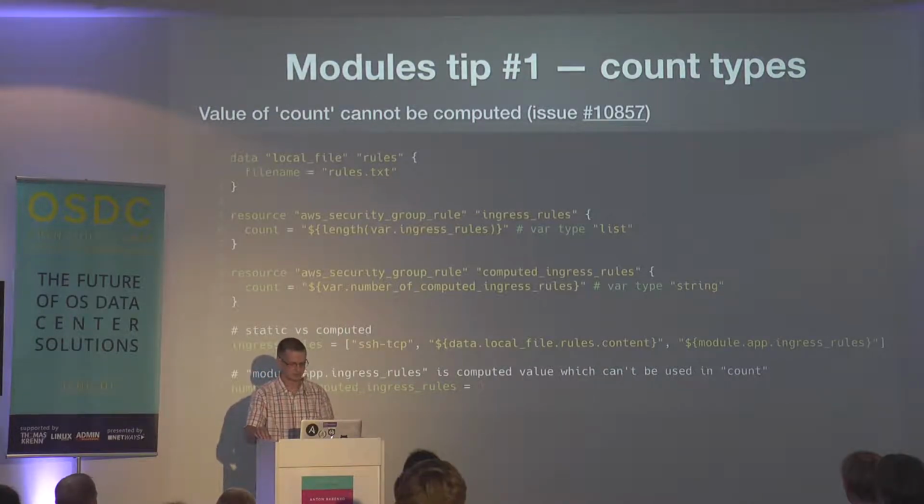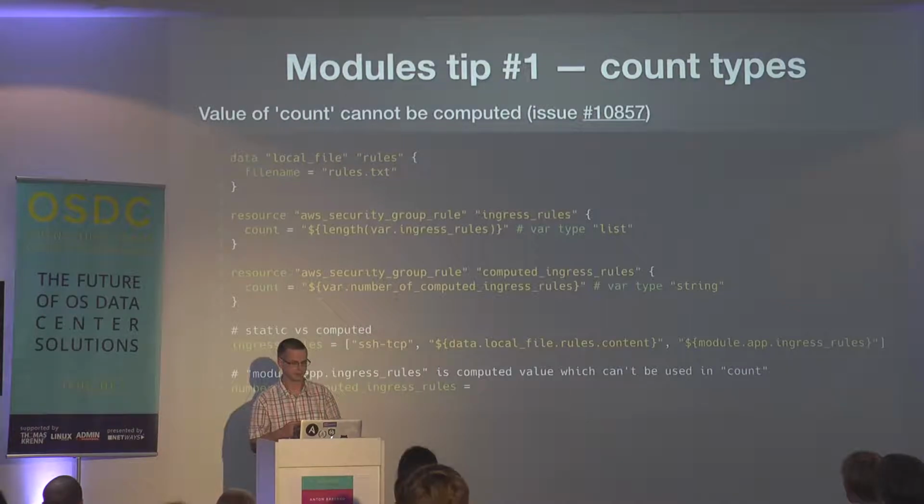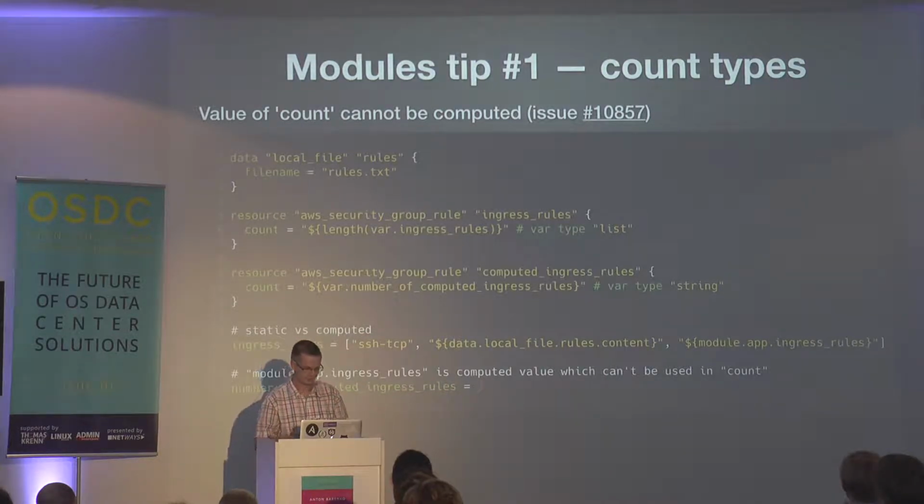And it will fix a lot of these problems. The problem is the way Terraform handles different types internally: if Terraform does not know the exact size of the list, then it cannot be used as a count. And count is a synonym of a for-each loop. So this problem will be fixed with HCL2, so stay tuned.